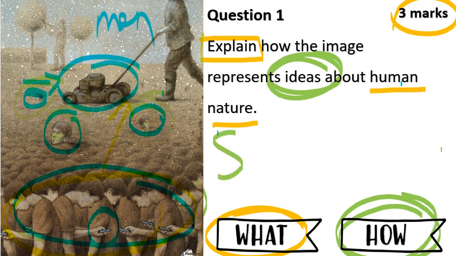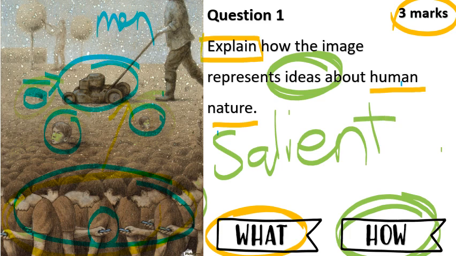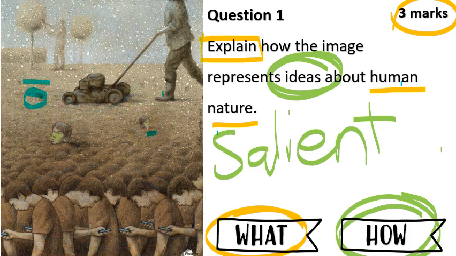I would see a salient image. The salient image I would suggest is the lawnmower. What do our eyes go to when we first see this image? I suggest that it's a lawnmower because of the contrast between the lighter background and the darker lawnmower. My eyes go directly to the lawnmower, not just because of the way colour is used, but also because I see